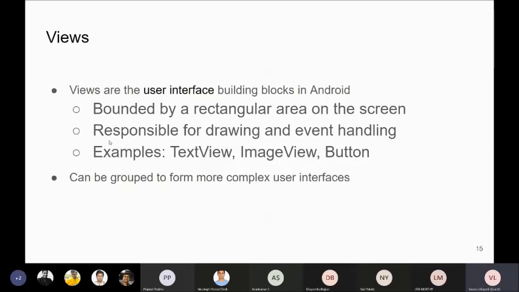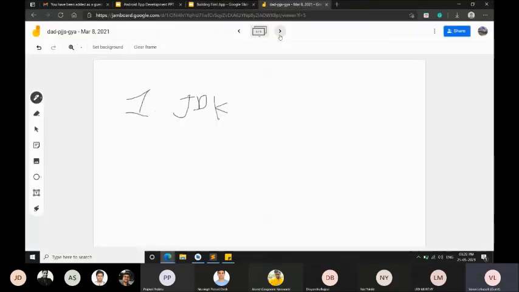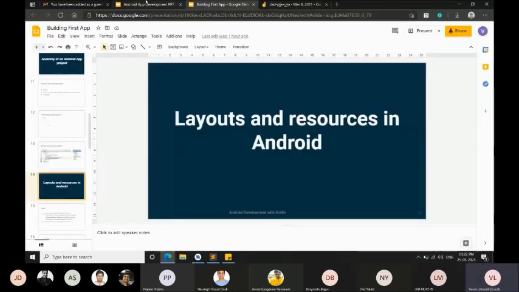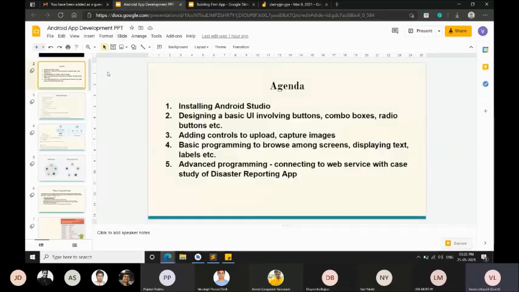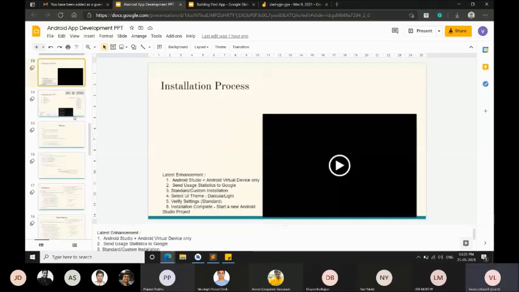So from here, we are going to learn how to code. What to do in Android Studio, how to design the front end and back end, we're going to discuss. Android application development is very, very simple if you just know two things. Until now, you can do it by yourself if you have the PPTs. I will provide these resources to you after the session. I have already given the step-by-step instructions and videos on how to install Android Studio. So until now, it's fine.